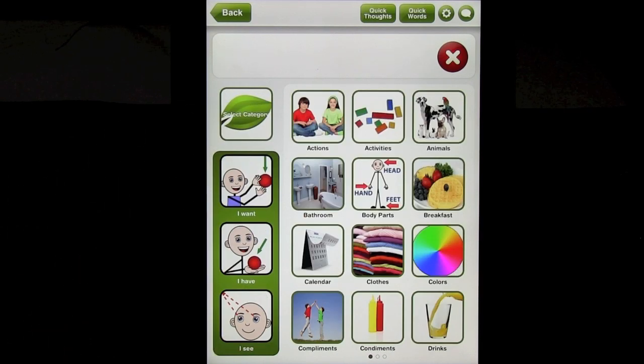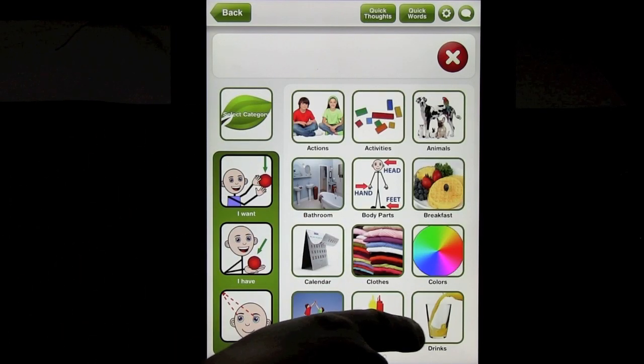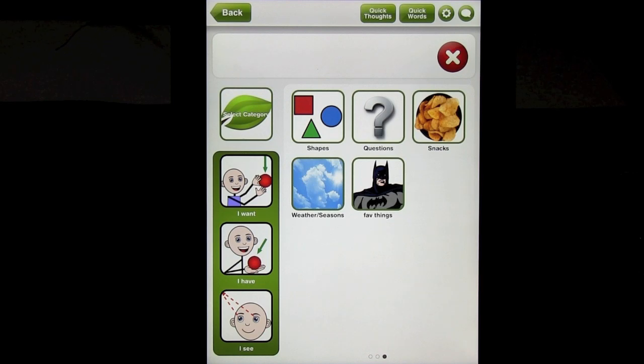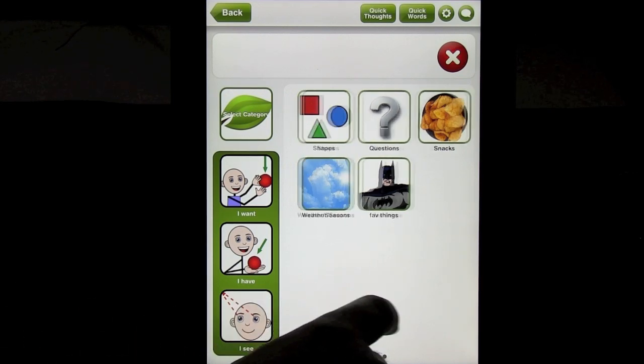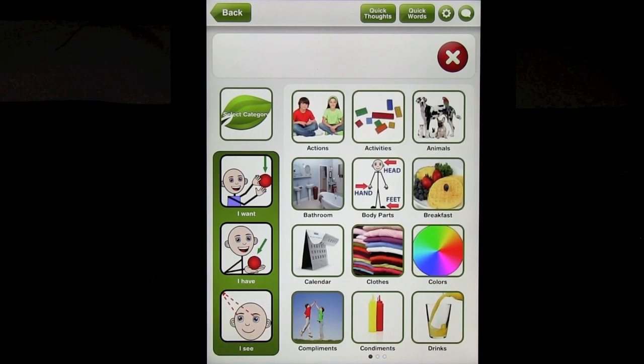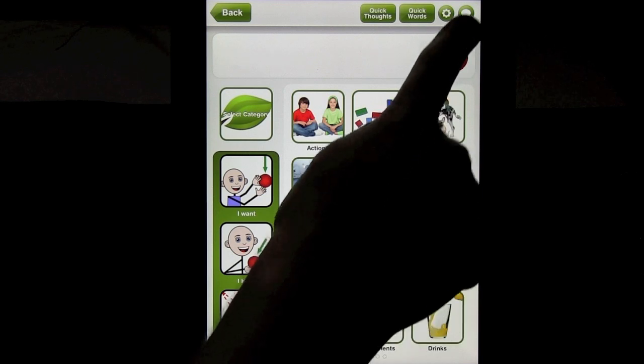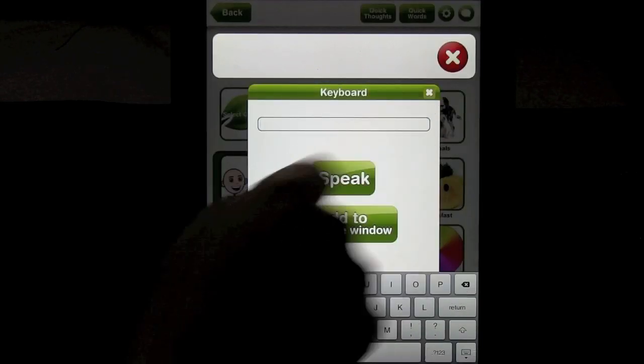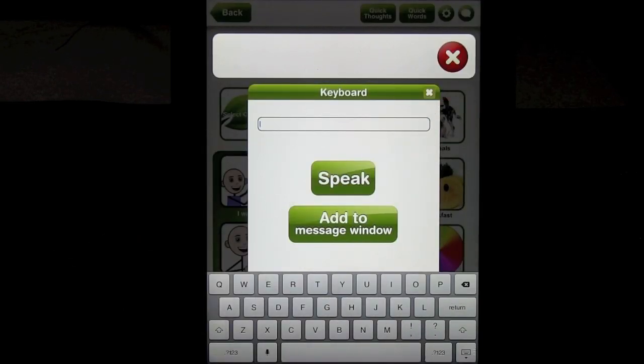To go back to the main page, you simply click on this, and then you can go through any category that you want. Now obviously on this demonstration we don't have time to go through everything. I wish I could. But we're going to show you how to edit a few of the options and create your own things, and show you how easy that is. One other thing I want to show you very quickly before we do that is that you can actually pretty much text to type on this app. So you could say